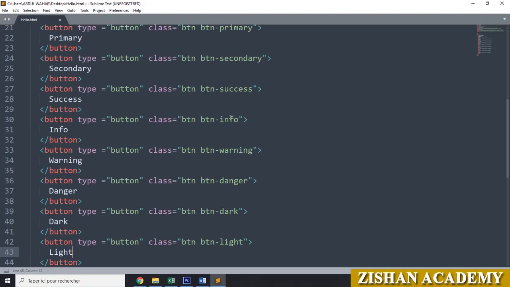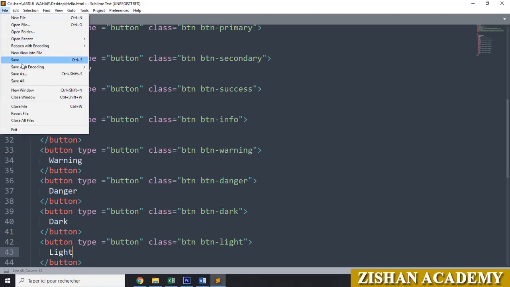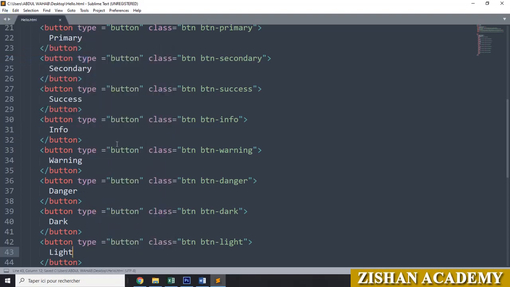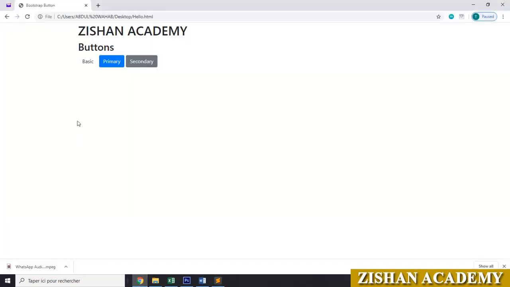We made 9 buttons now. We'll go to file and we will save this one. We'll go to the browser. We'll refresh the browser. You will see the output now. We got the 9 buttons. Here is the basic button, here primary, here secondary. This is the success, green color, info, light blue color, warning is there, danger, dark and the light. This is the way you can give the buttons in Bootstrap.